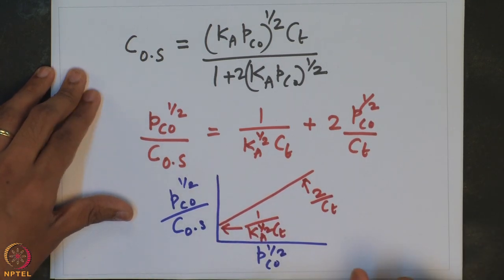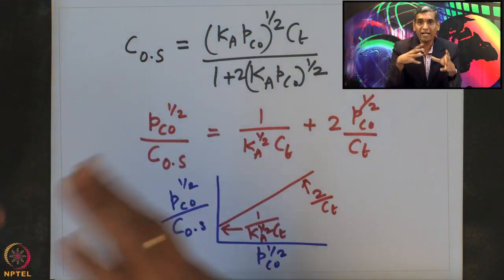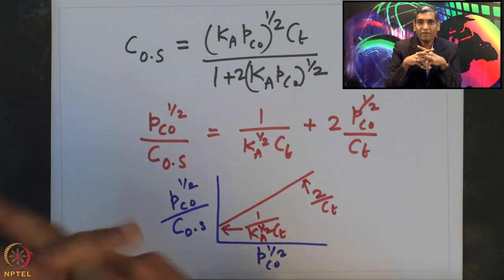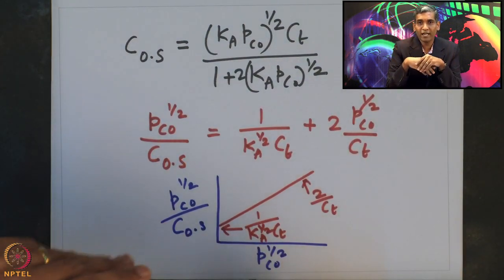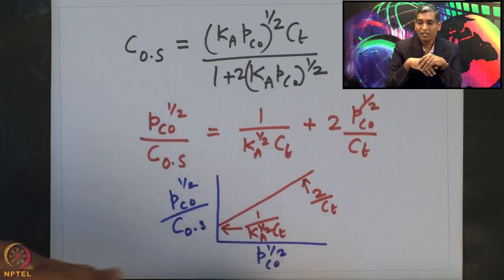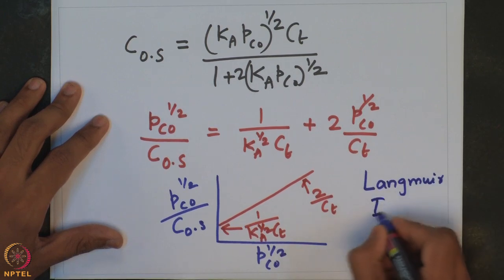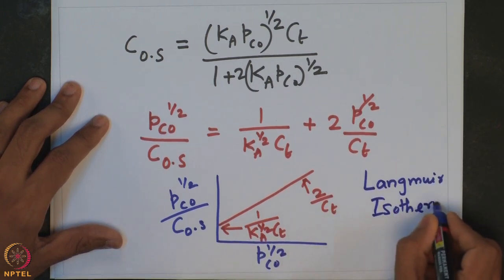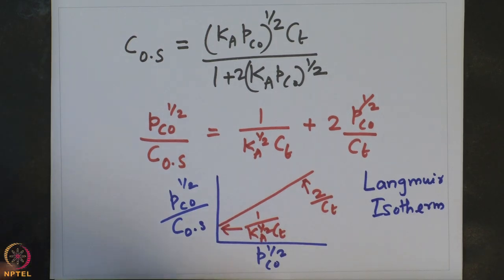So, this is how one can use the experimental data and validate the postulated model. If the experimental data matches well with the model, then we know that the postulation is correct, and we can verify the postulate and say that that is the isotherm. Such an isotherm is what is called a Langmuir isotherm. So, what we have just derived for two cases, dissociated adsorption versus non-dissociated adsorption, is essentially